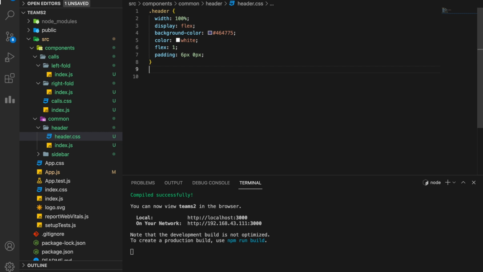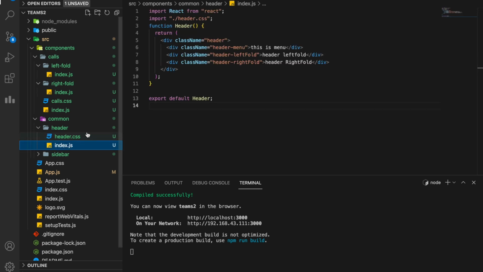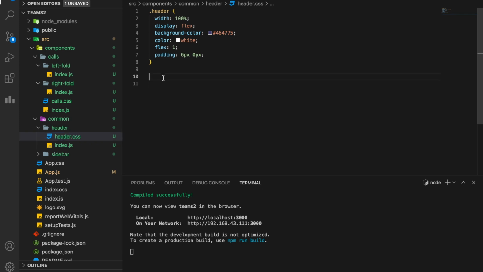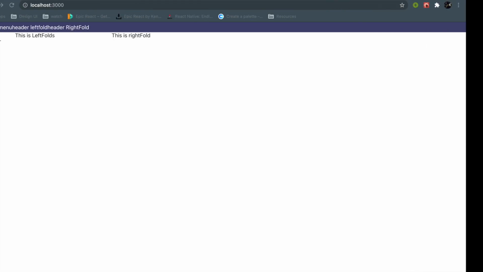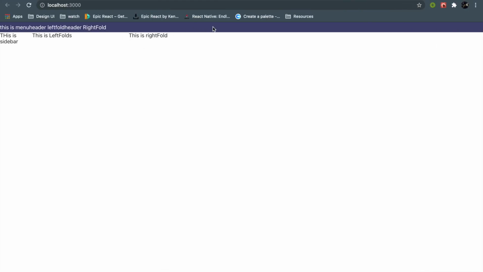The next thing is header menu, I guess. Yes, it's called header menu. So let's style header menu dot header menu. But before this, let's check how it looks right now. As you can see, we have a background color, we have a padding in between the elements, and it's all aligned in a flex. Flex is by default row. This is called a row, and if you want to change the direction, you can make it column as well. We'll do it many times in this clone, you'll see.